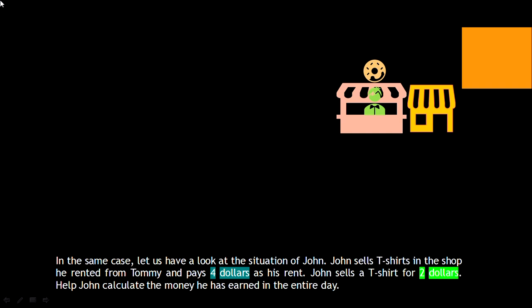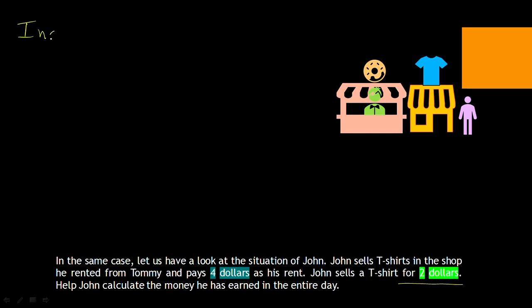In this video, let us have a look at the situation of John in the same case. This is John and he sells t-shirts in the shop he has rented from Tommy. As rent, he pays $4 to Tommy. Now, John sells a t-shirt for $2. We are supposed to help John calculate the money he has earned in the entire day, which is the income